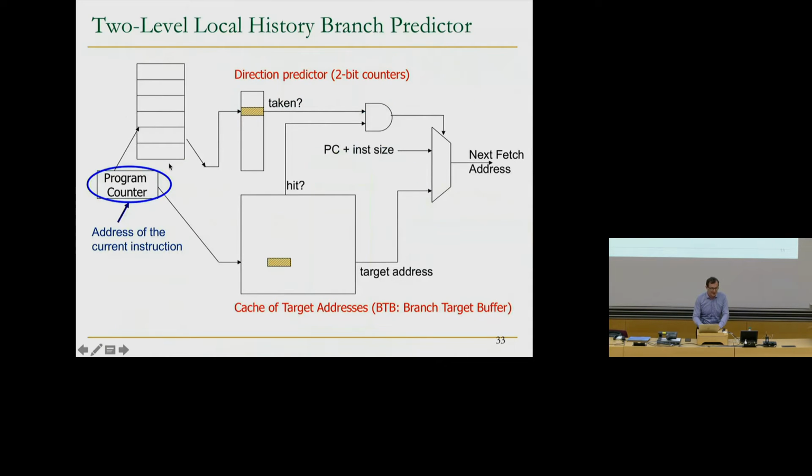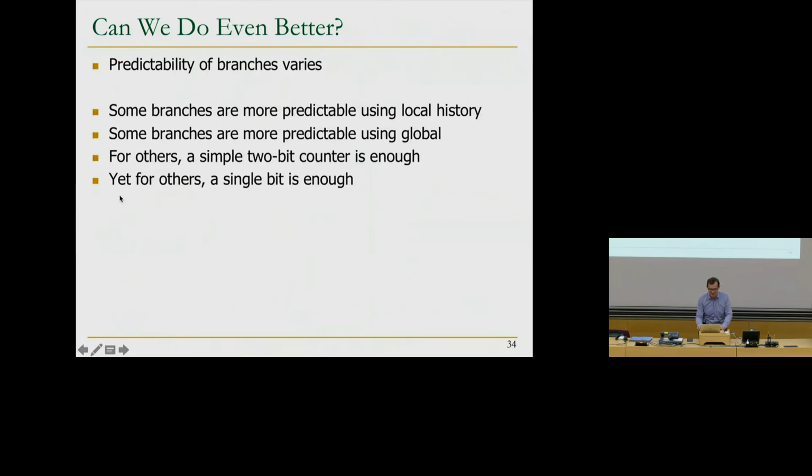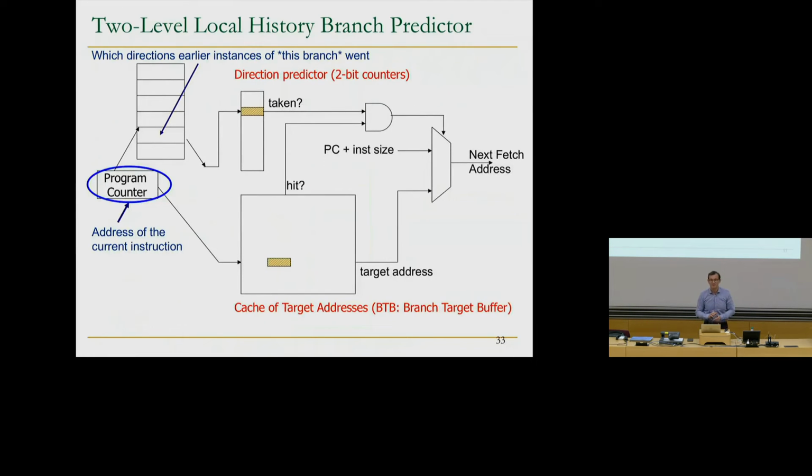So basically, it looks like this. You use the program counter to get a history, and use that history to index into a table of 2-bit counters, and that tells you taken or not taken. So the key thing to remember is this keeps track of which direction earlier instances of this branch at program counter X went. Okay, so maybe we should take the break at this time, unless there's a burning question in